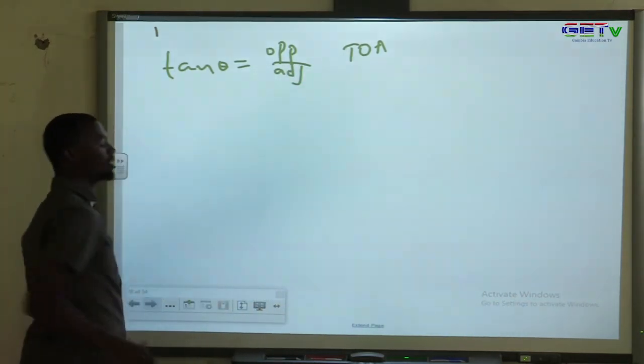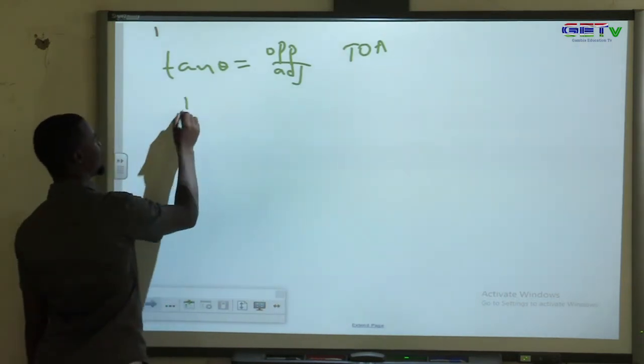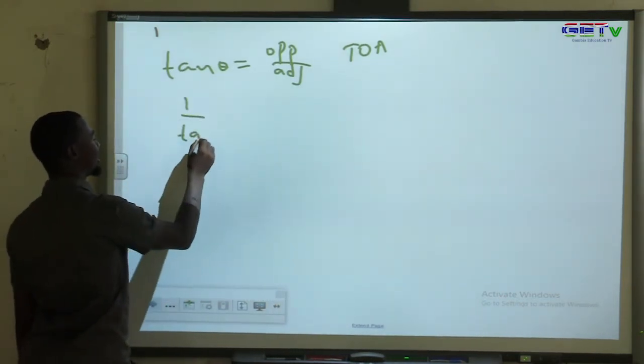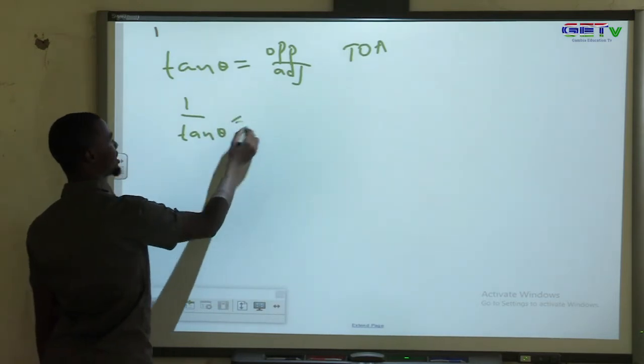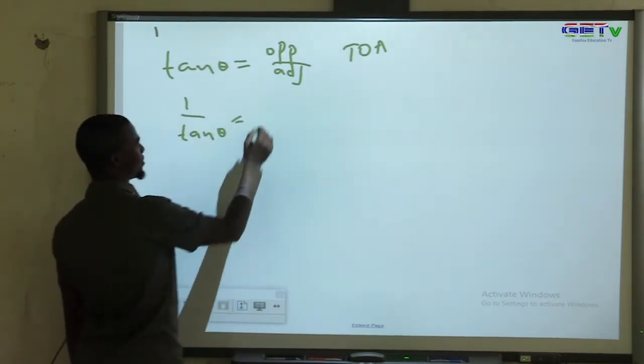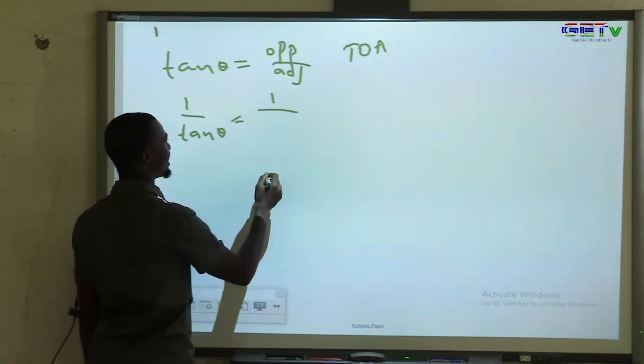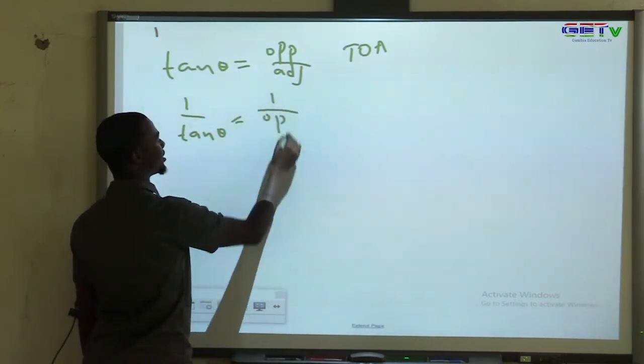Now the reciprocal of tan is 1 over tan theta, which is the same as 1 divided by opposite over